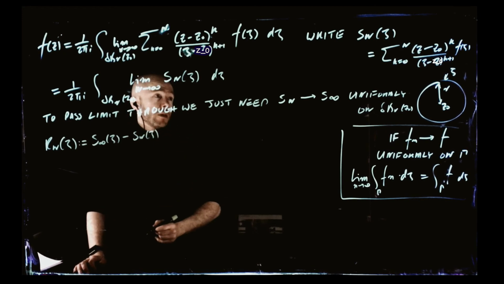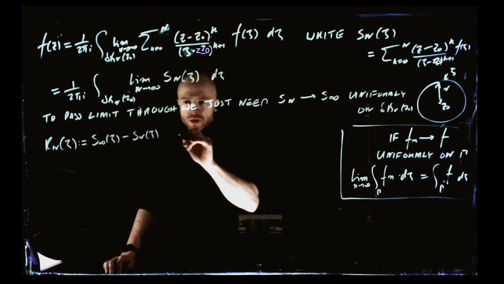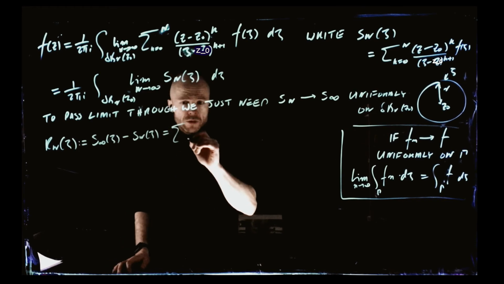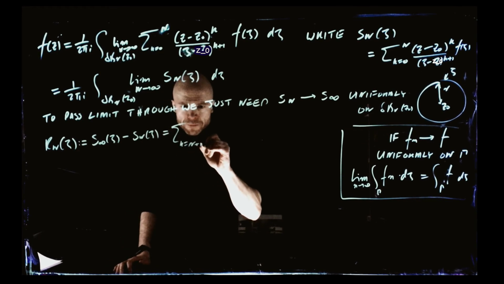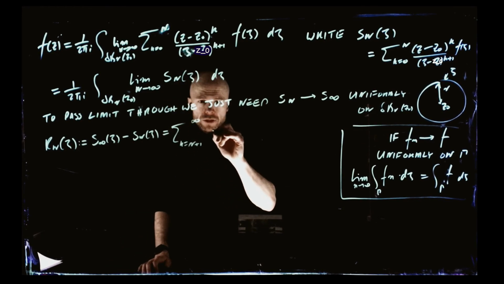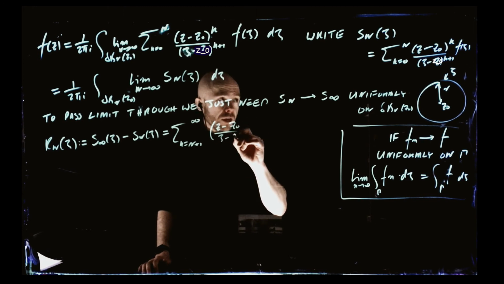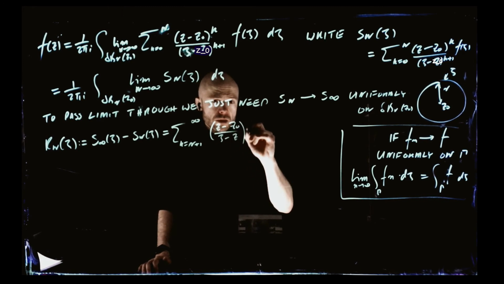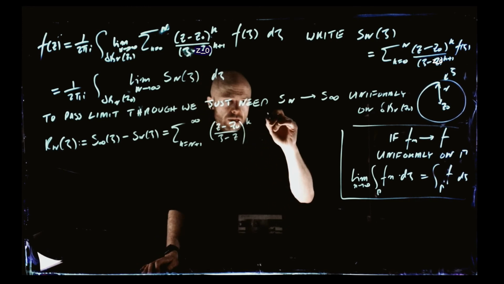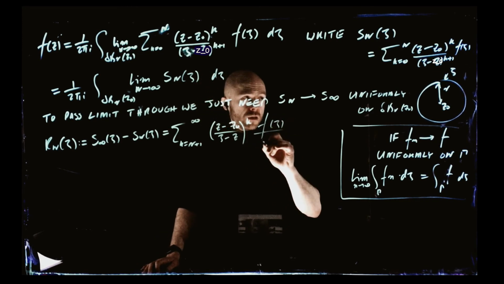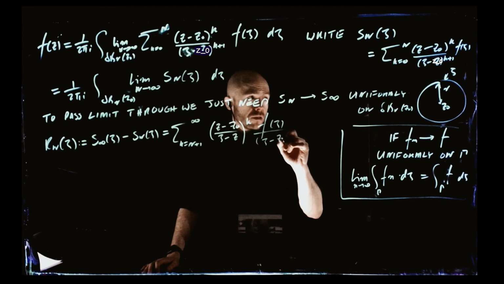And then from this expression, that is the sum from k equals n plus 1 to infinity of (z minus z0 over zeta minus z0) to the k, times f of zeta over zeta minus